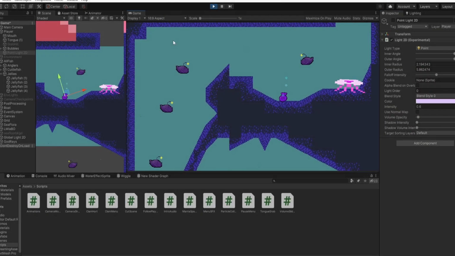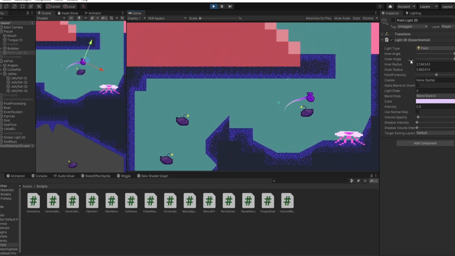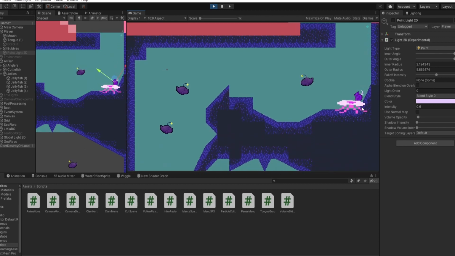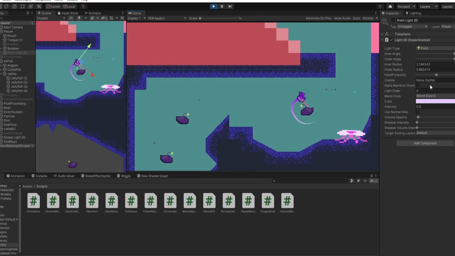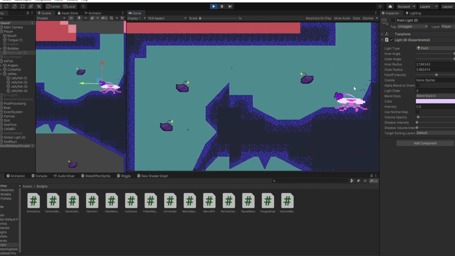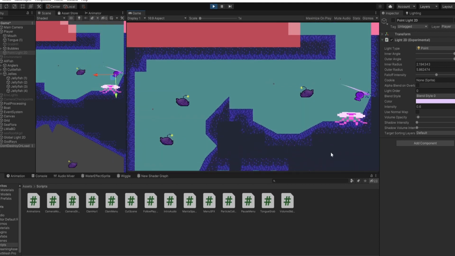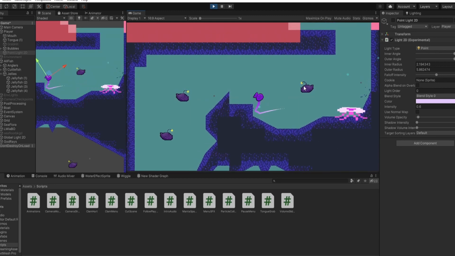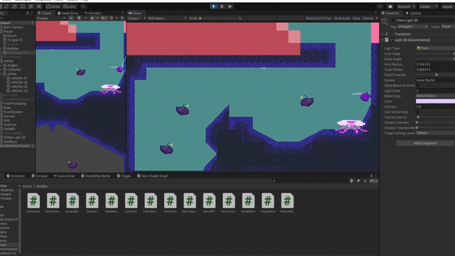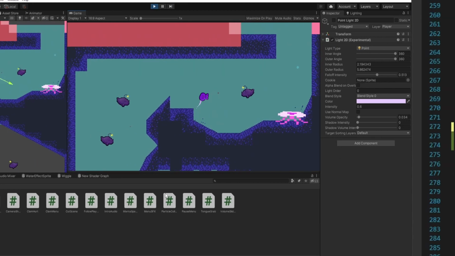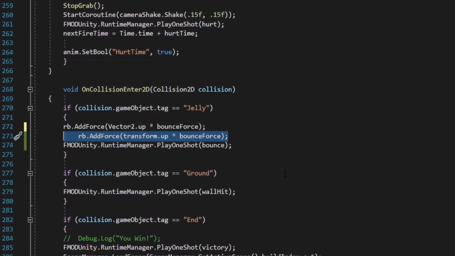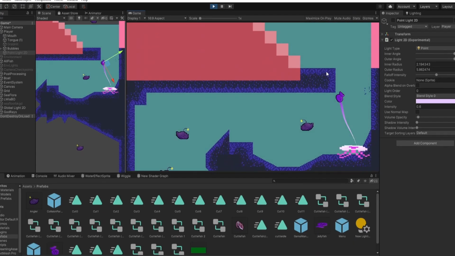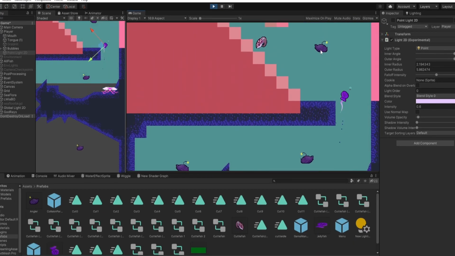So now let's get back into the game world and talk about some gameplay stuff, and we'll start with Jellyfish. Ever since I made it so that the clam would rotate and flip around, the jellyfish stopped working. They initially would bounce you up, and now they bounce you in whichever direction the top of the clam sprite is currently facing as it hits the jellyfish. This was a pretty simple fix. I just changed it from transform.up to Vector2.up. And now it bounces appropriately no matter which direction you're rotated.